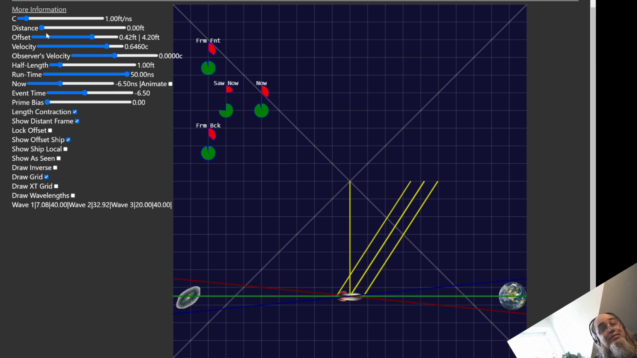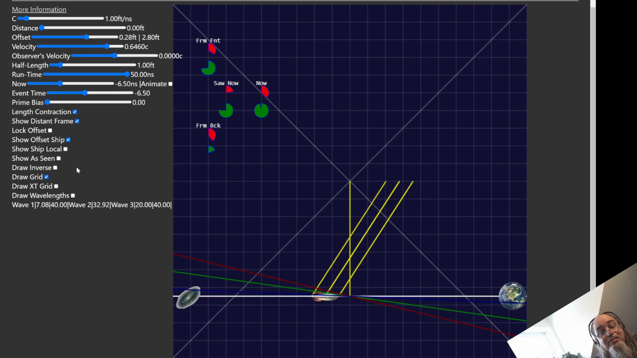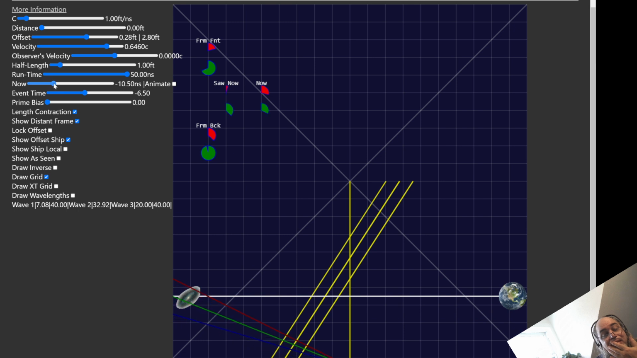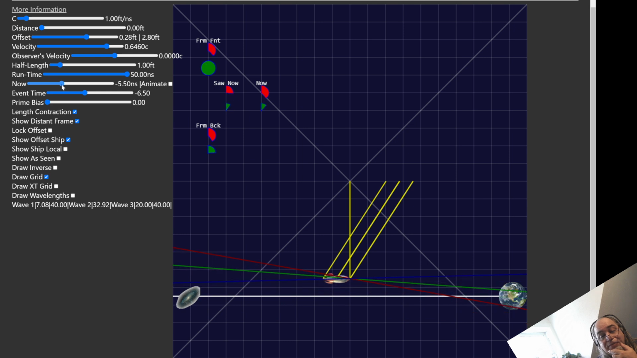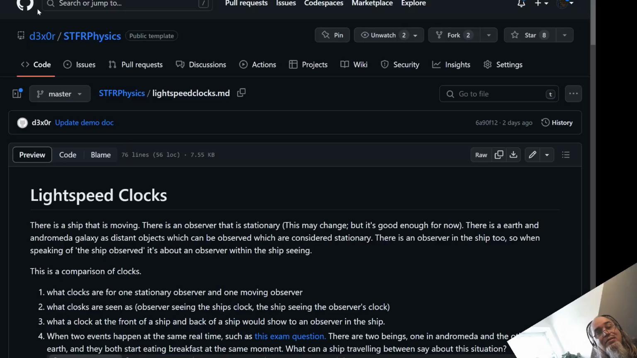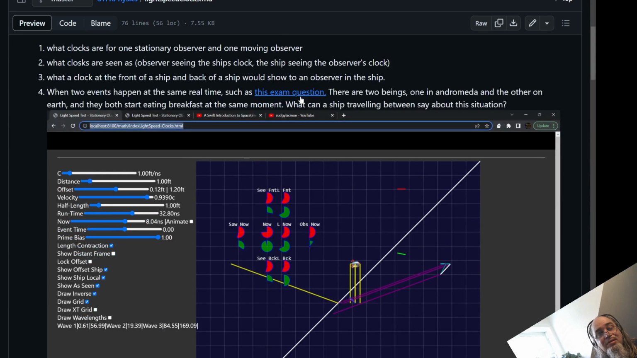And if he was slightly offset to the left, then he's going to see newer Andromeda from the older Earth. So in a previous time, he's going to see the event from Andromeda here, and then later see the event from Earth here. So you could say that breakfast happened in Andromeda before Earth. And that's related to this exam question,